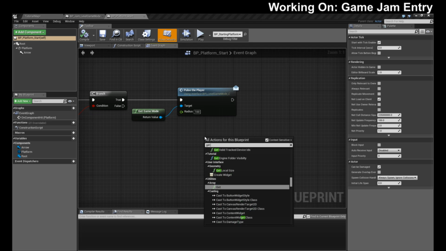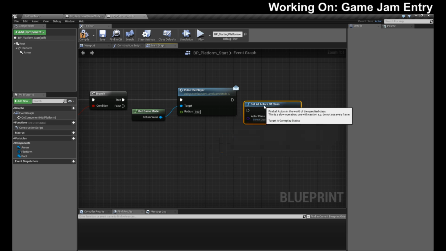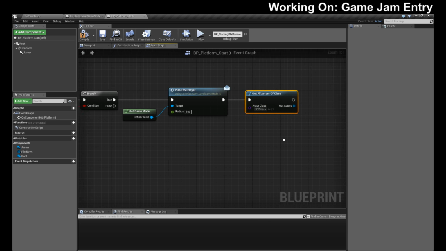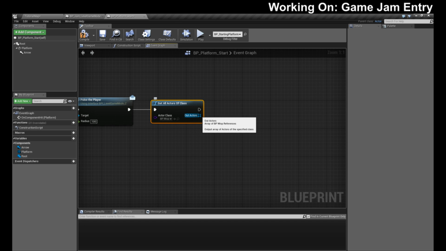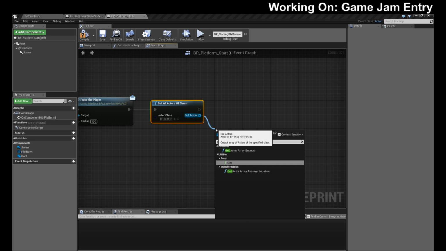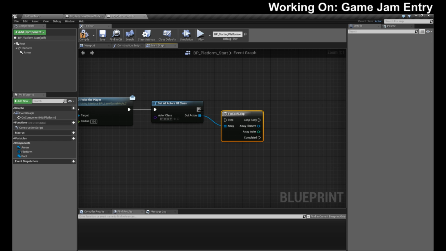So let's do a stupid get all classes of actor. Do this the lazy way. Let's get ourselves the wisp that we have in the scene, which is actually kind of cool. Oh, I can screw with the player. I'm going to start every wisp.